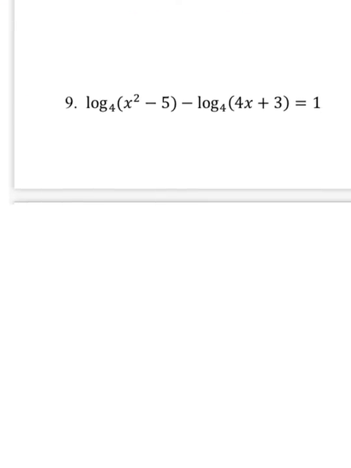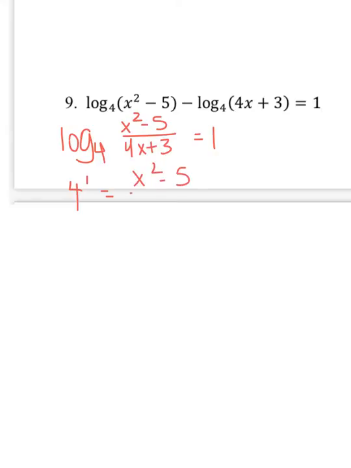Here we have more division. So this would be log base 4 of x squared minus 5 divided by 4x plus 3 equals 1. So start at the base. So 4 to the 1st equals x squared minus 5 over 4x plus 3. We're going to cross multiply. 4 to the 1st is really just 4. So you get x squared minus 5 is equal to 16x plus 12,